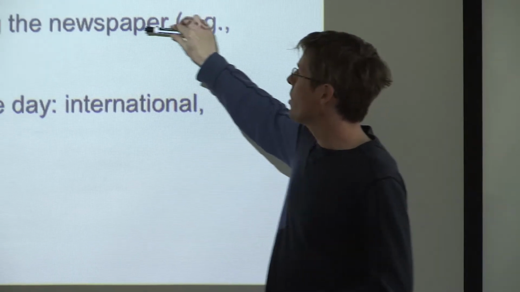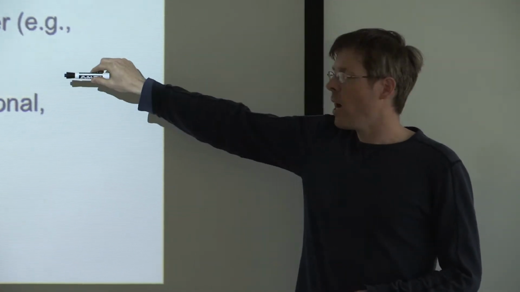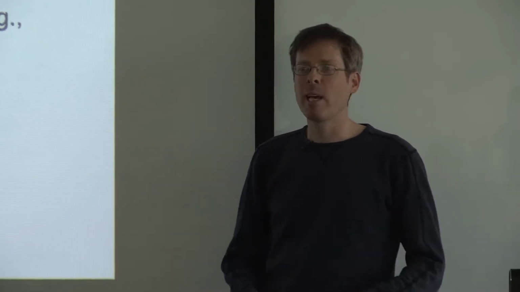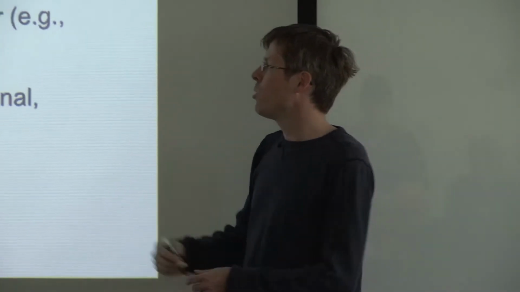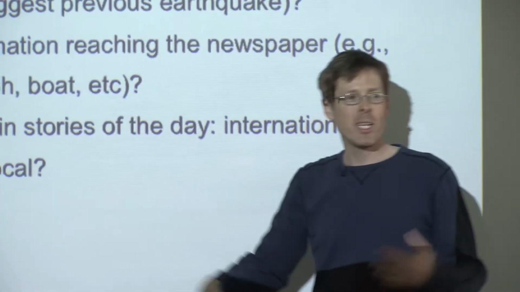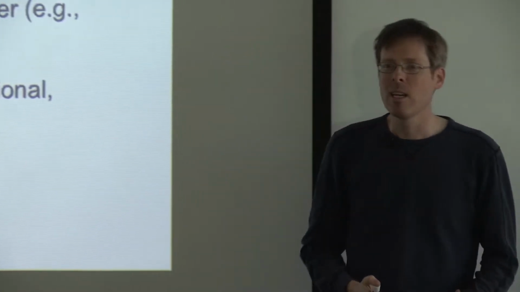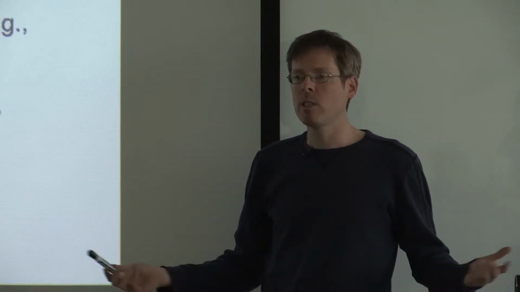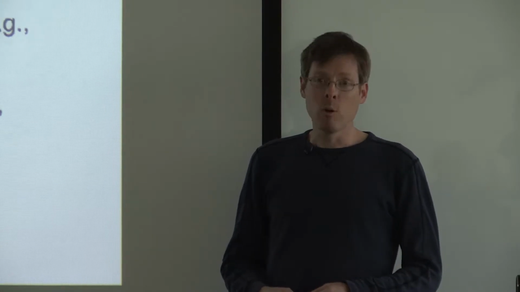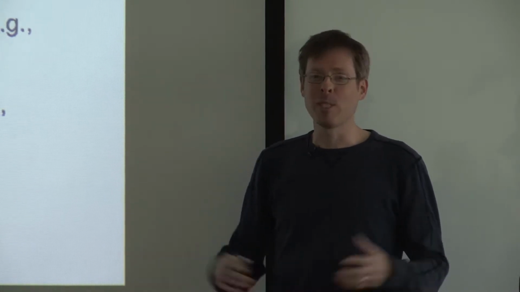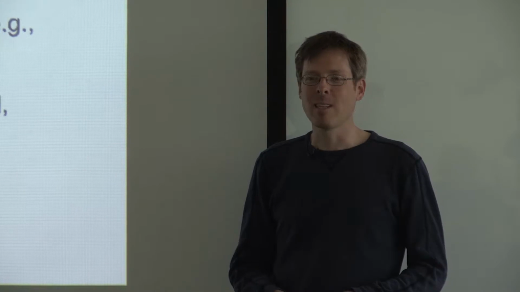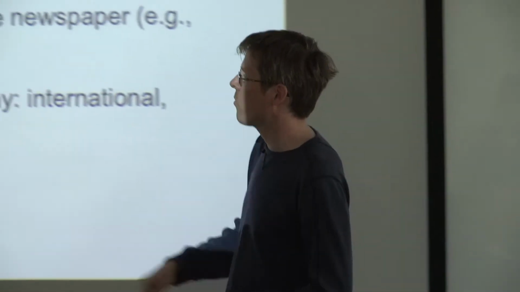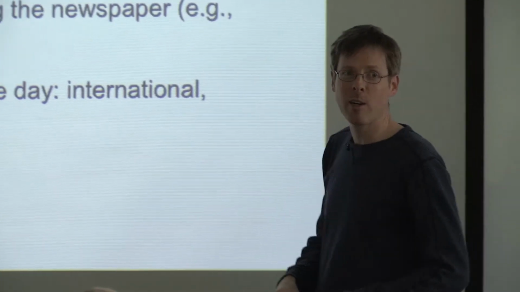How is the information reaching the newspaper? Wireless telegraph? Is it boat? I mean, now we Google it. Earthquake happened, you get it immediately. But when you look at the delay, how long it takes information to reach the source, it's fascinating. In 1904, when they put in wireless telegraph, before that, what kind of news did they have? It was very local news, because there was zero information coming in from the outside, aside from a ship coming in with some news. But these things really transform what you see in the papers, and the photographer noted that